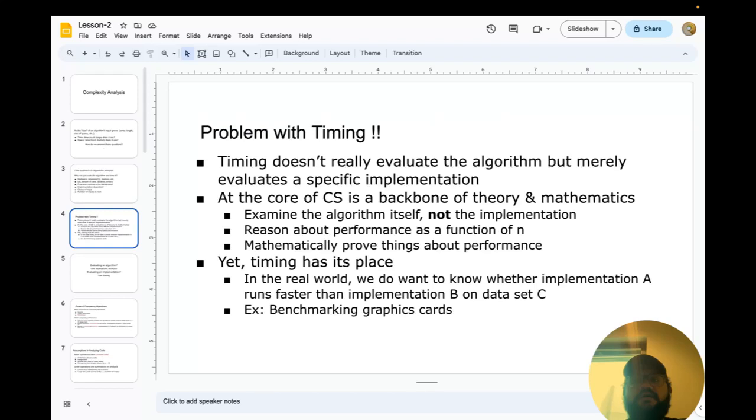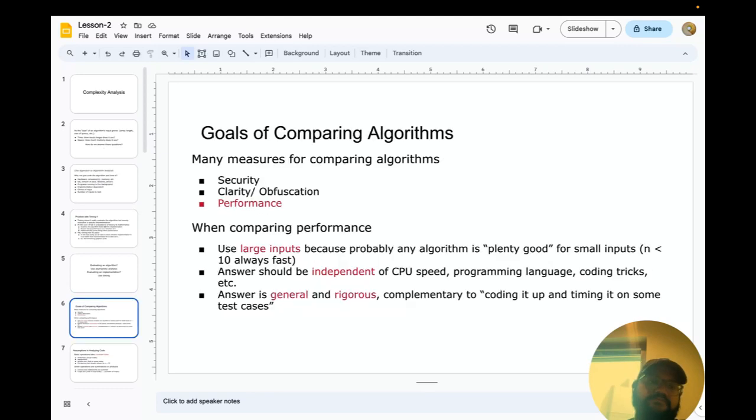Timing does have its own place in algorithm analysis, but it comes into the picture when you want to check if an implementation of an algorithm is optimal or not. That is where you use timing. So if you're calculating